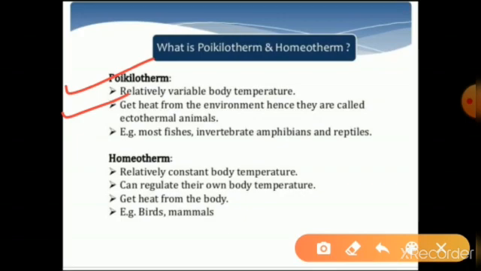ectothermal animals. They are getting heat from the environment, they are not getting heat from their body itself. उनको बॉडी से हीट नहीं मिल रही है, एनवायरनमेंट से मिल रही है, इसलिए हम उनको एक्टोथर्मल भी कहते हैं। वो अपनी हीट को रिटेन नहीं करके रखते, वो हीट को लॉस कर रहे हैं टू द एनवायरनमेंट। सो मोस्टली जितने भी फिशेज हैं, एम्फीबियंस हैं, दे आर पोइकिलोथर्मल्स।